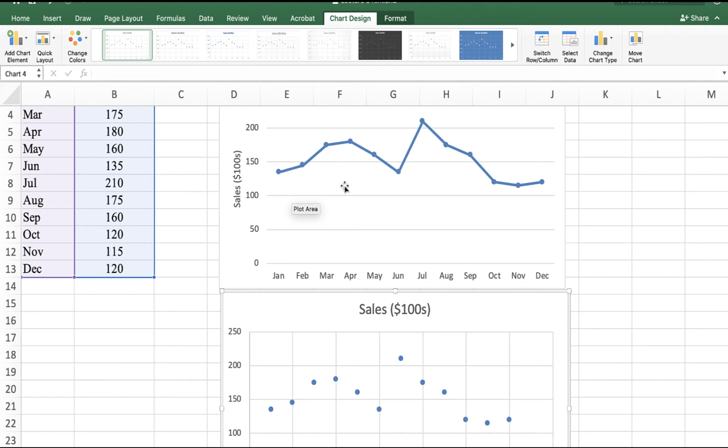This is the line chart, which does connect the dots, and it actually makes it easier to see what's going on. When I look at a scatter plot, it's a little bit harder to see what's going on, but when I've got a line chart, it's actually easier to see the pattern of the sales for this company, Kirkland Industries. So you can see the sales at the beginning of the year are at a certain level, and they pick up, and they pick up, and they pick up, and they peak in around April,